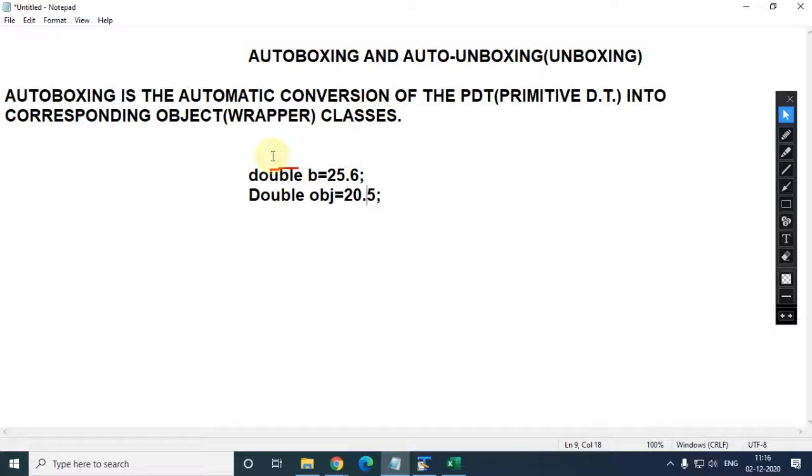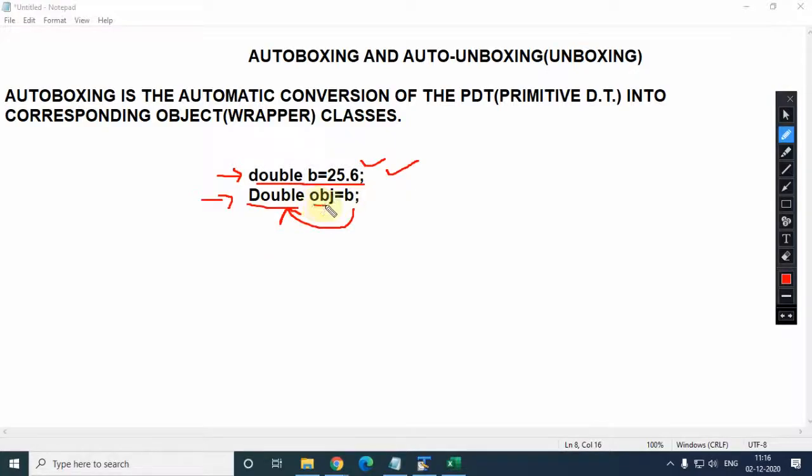So now what we are doing, please pay attention everyone. In the first statement we are simply declaring a double variable which is having the value 25.6. Now in the second one, we are converting this double data type b into the corresponding object, or the wrapper class.